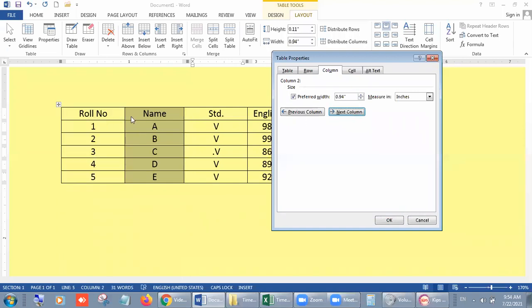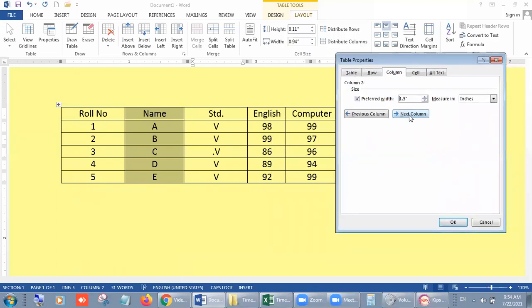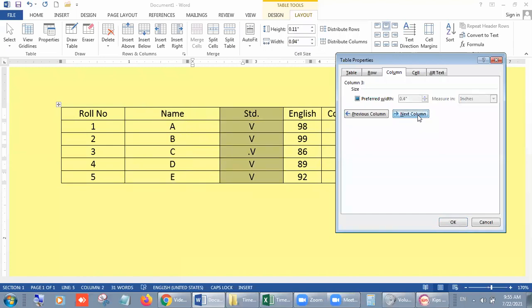Look, now the size of, now roll number, sorry, name. Now I want to increase its size up to 1.5. Now again, when I click on Next Column, the next column will be selected, but the previous column is adjusted according to the given size, right? Look, it is also changed. Now Standard, I feel that it is already very big, so I am going to reduce it to 2.